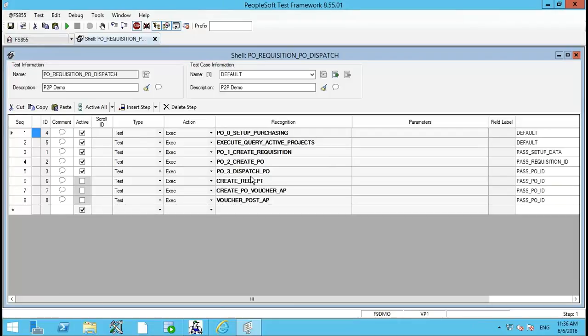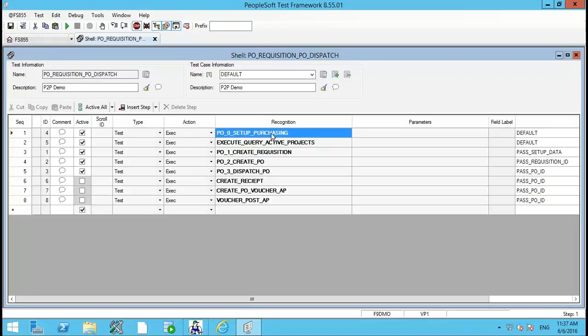As you can see, this may get a little technical, but let's try to decrypt this. We have a certain set of tests here in a shell test. A shell test is a grouping of tests. So I have a test for creation of a requisition, PO, dispatching it, receipt, voucher, and then posting the voucher. What I've done is I have built one single test which is going to string all of these tests together, and all of this is then driven through a setup data which I am passing on to my test. So what that means is that my tests are independent of the data. Depending on the setup information that I pass on to the test would be actually performed.